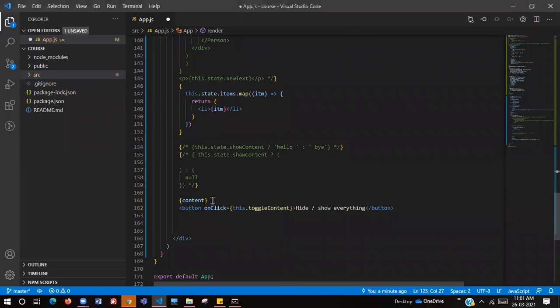Now let me ask you this. How do we pass a variable, a parameter, to this toggle content function?